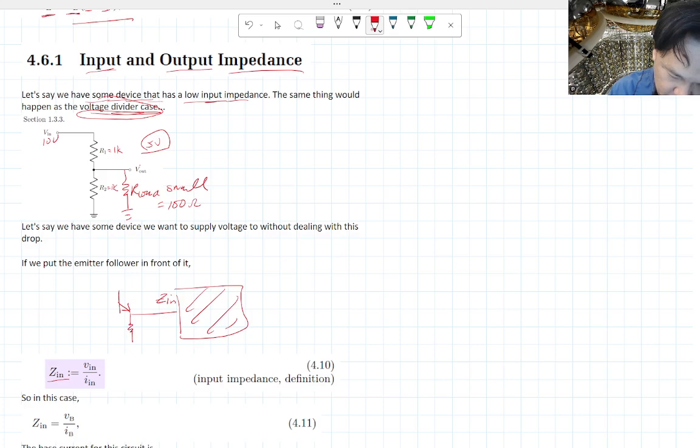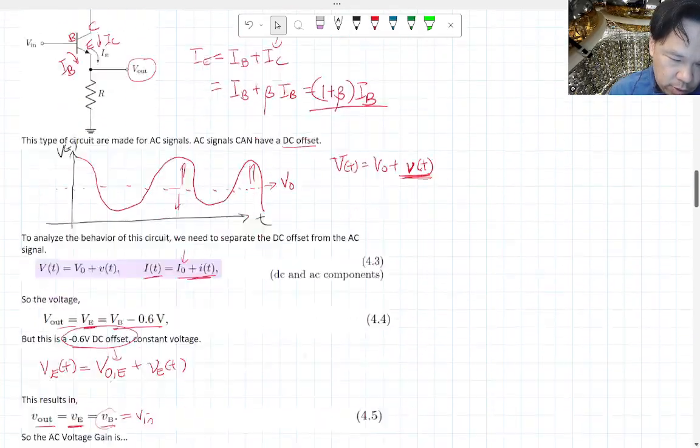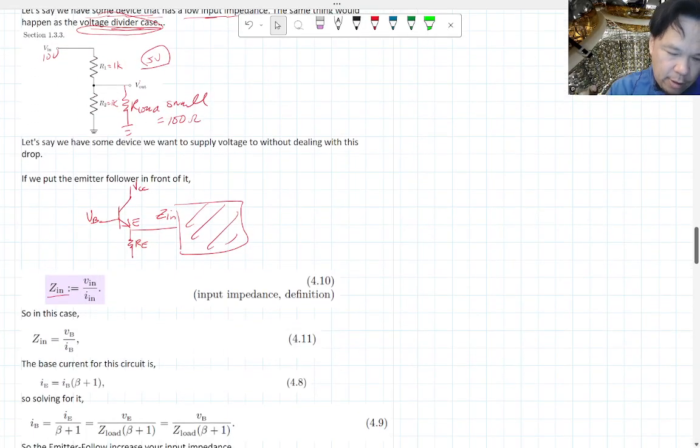This is VE, this is the emitter, this is RE, and this is some VCC that we connect to up here. In that case, what happened is that, since the input impedance,